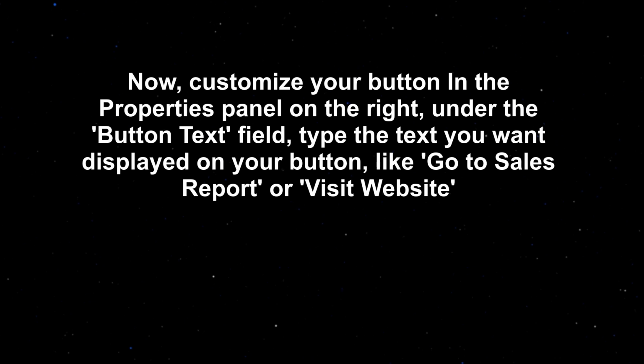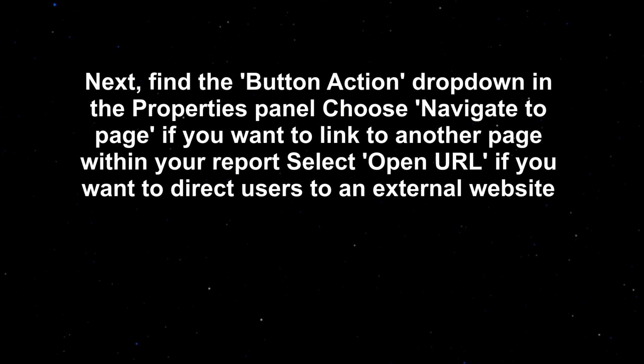Now, customize your button in the Properties panel on the right. Under the Button text field, type the text you want displayed on your button, like Go to Sales Report or Visit Website. Next, find the Button Action drop-down in the Properties panel. Choose Navigate to Page if you want to link to another page within your report. Select Open URL